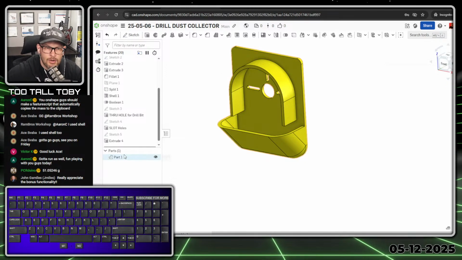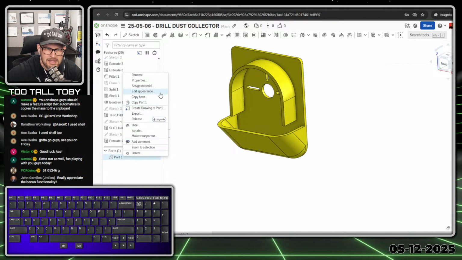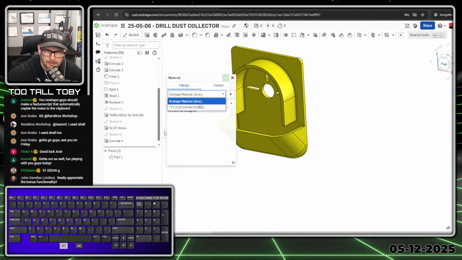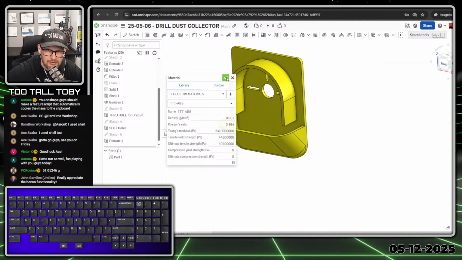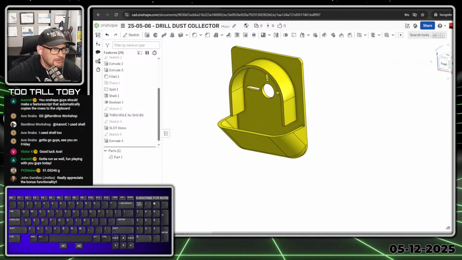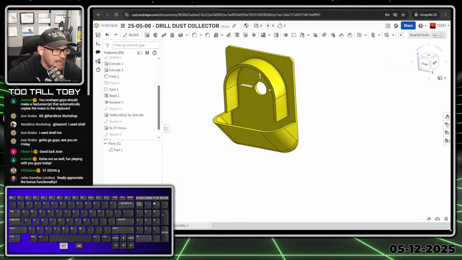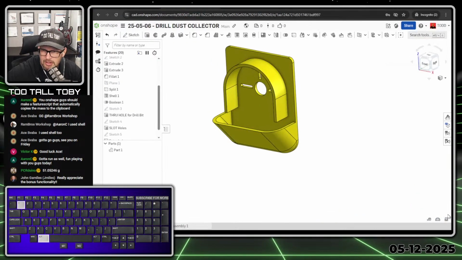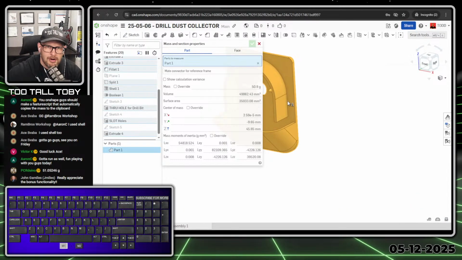And then we can go over there to that parts list again, right click, and we can say assign material. And this material is going to be from the TooTallToby custom materials library, and it's going to be ABS. So we hit the green check mark, and now down here in the corner, we've got this option for mass properties, kind of down here. So you click on that option for mass properties, click on the part, and we're coming up with an answer here, 50.9, but we're looking for this in